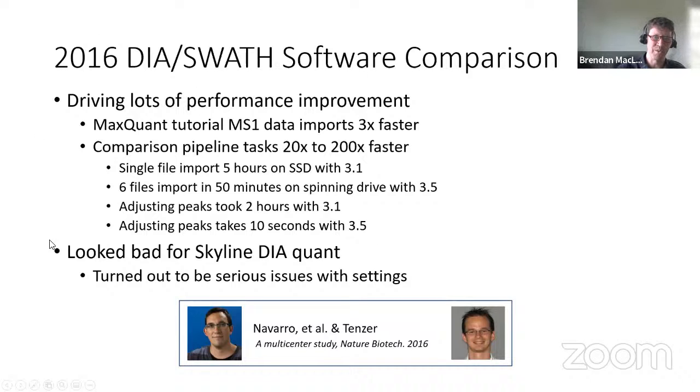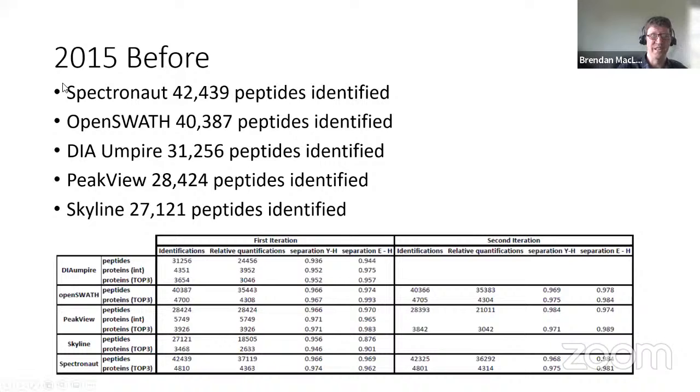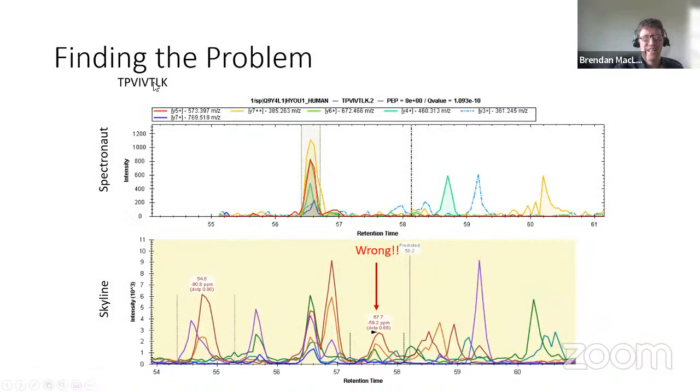So lots of performance improvement and improving the software thanks to somebody just coming and saying, hey, we're trying to do this. It doesn't work very well. And then we get to work with them. And then Skyline looked bad for the initial, like 2015. These were the numbers. They got presented on a phone call, and let me say that all the tool developers were on that phone call, and some of them really wanted to see these numbers published as soon as possible. But we were like, hey, wait, why are our numbers so terrible? And so a technique that I've used again and again is